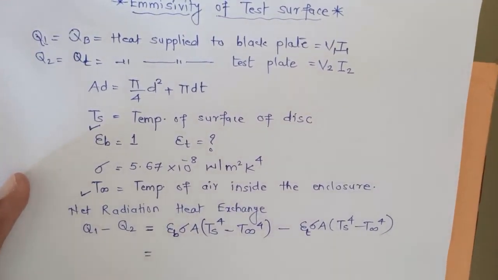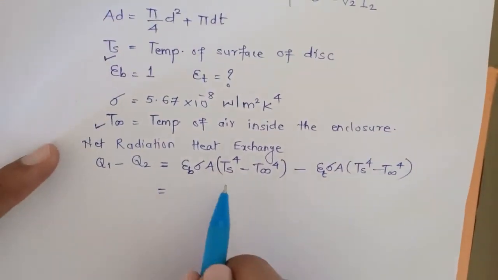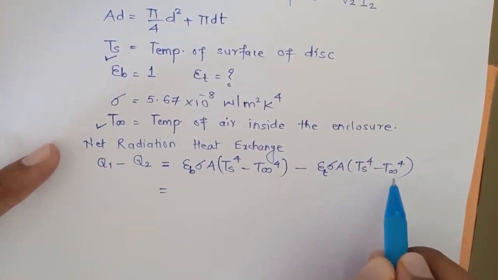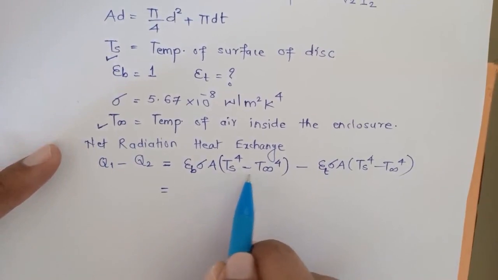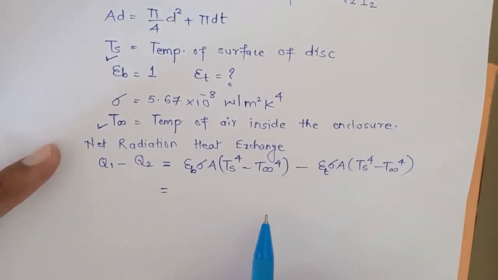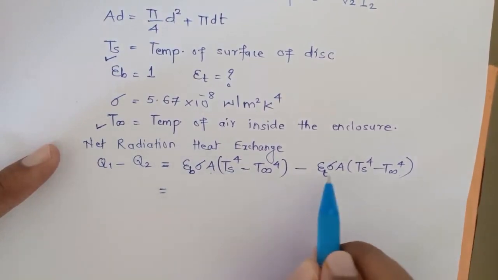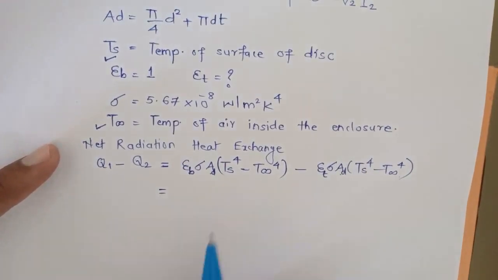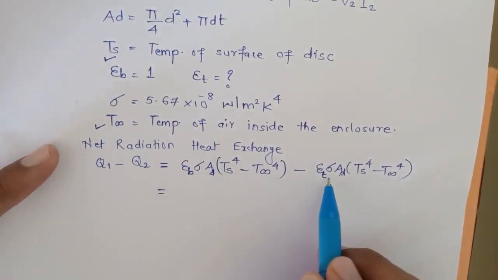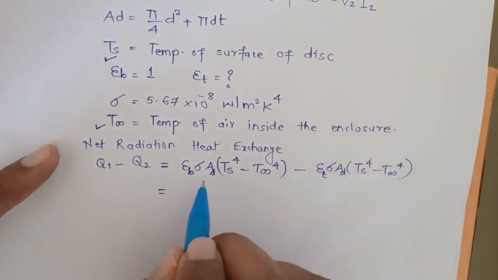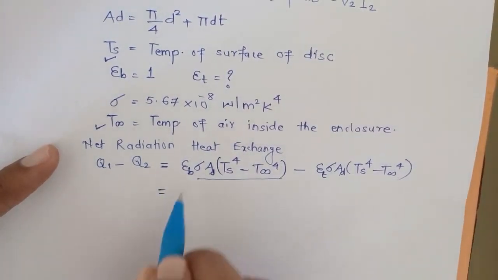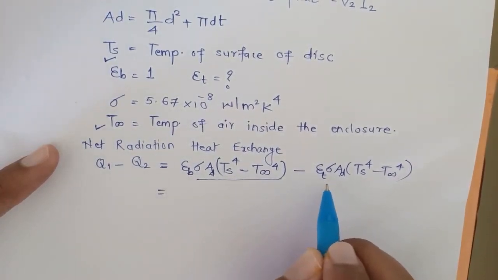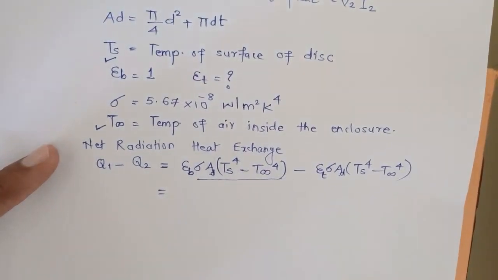So now we go to the next step. Now what exactly is happening? Both plates have the same temperature, and it is the same environment with which they are exchanging heat. So this parameter, Ts raised to 4 minus T infinity raised to 4, will remain constant. Both plates have the same area, so this A, the area of the disk that we called it earlier, will remain constant. Sigma is constant for both plates because it is a universal constant. So these terms are the same; only epsilon B, the emissivity of the black plate, and the emissivity of the test plate are different, so we can take them as a common parameter.